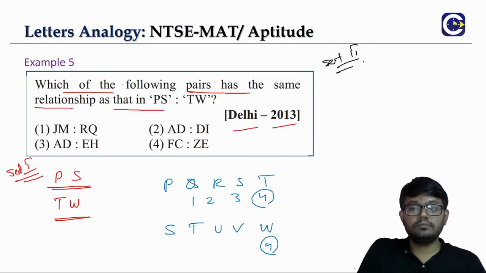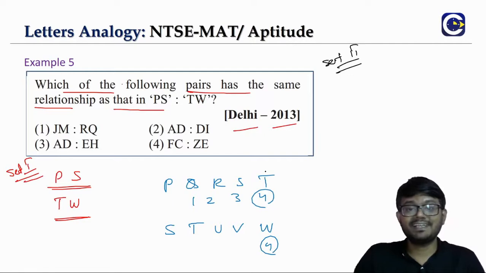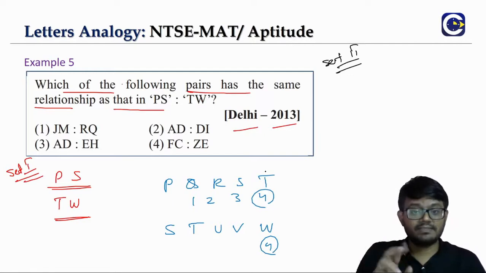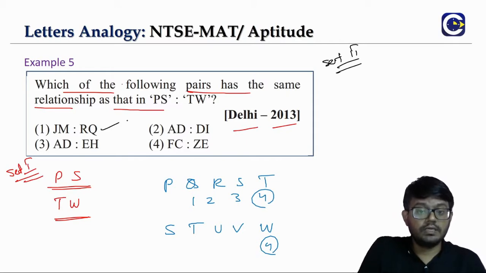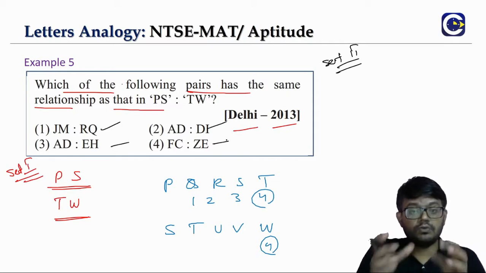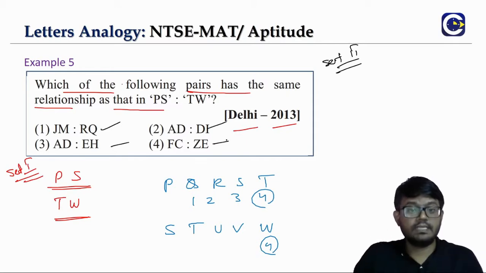Set 2, we have to find the full set itself. Normally the previous questions were giving one of the pairs. So here they are not even given one of the pairs. We have 1, 2, 3, 4 options, right? We have to take each of them and check whether they are satisfied.